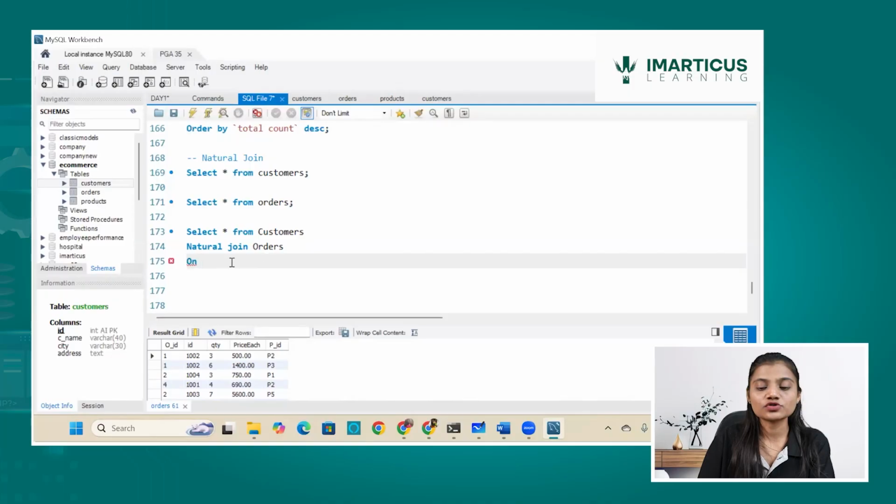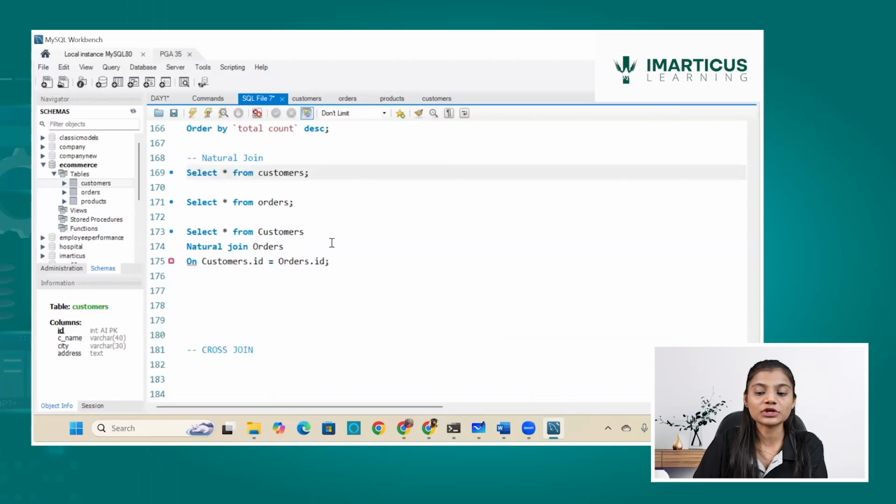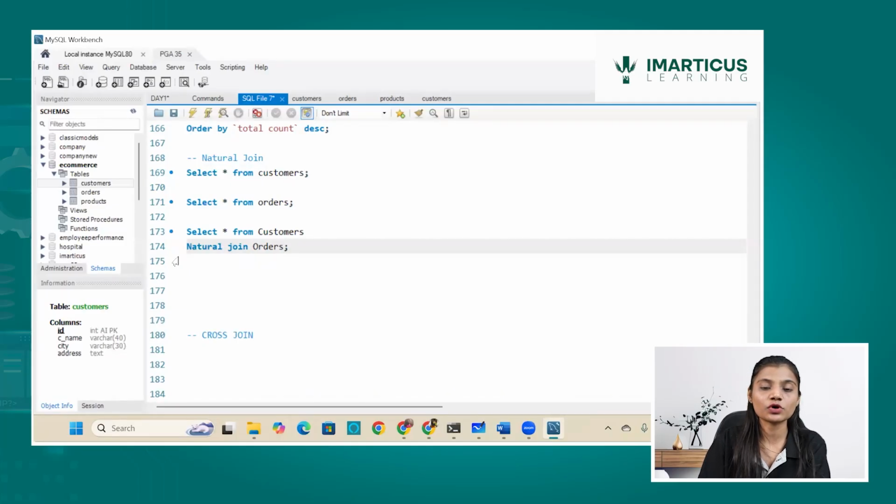So on, let's say customers.id is equals to orders.id. Now people think that it is a mistake. You can see you have a syntax error. What is the syntax error over here? The writing pattern must have been wrong. So on is never being used over here, and that's the reason why the writing pattern was wrong.